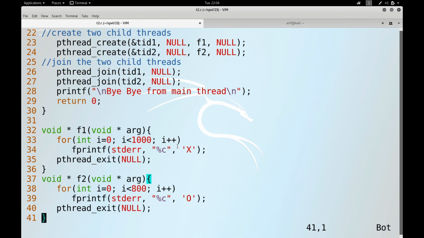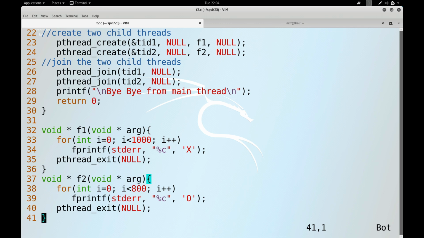So you will see a stream of x's and o's on the stdout, while the main thread will join these two threads, and after these two threads terminate, only then this main function will print this line